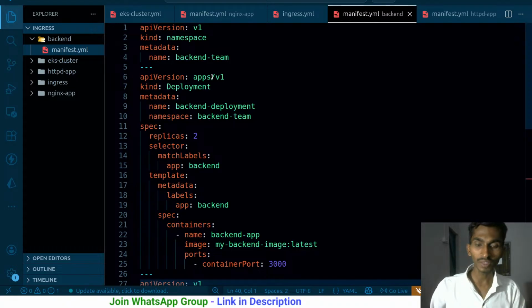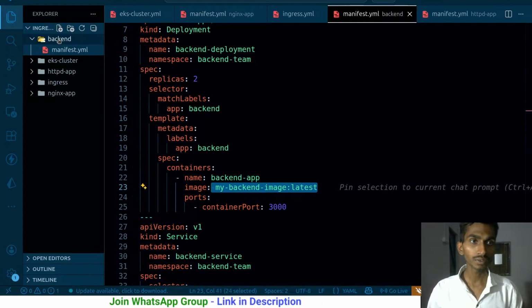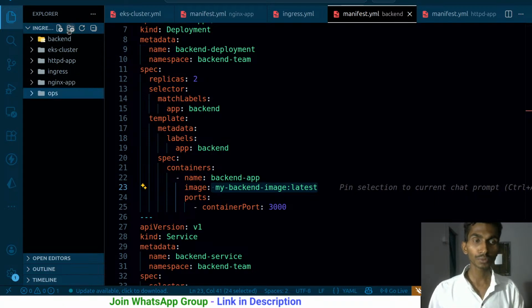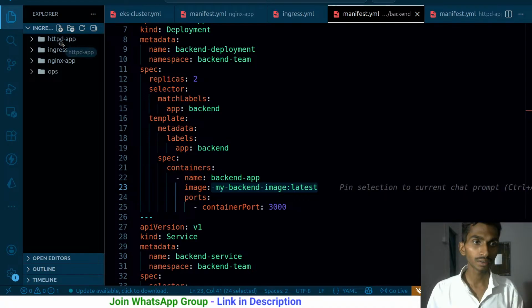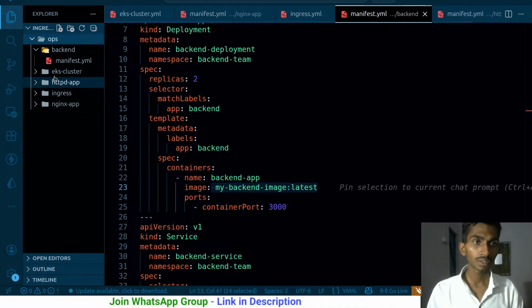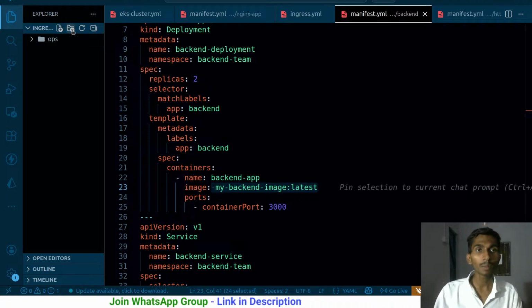But there is a problem. There is no backend image. So for this thing, we will have to create our backend just right here. So let me do one thing. Let me create an oops folder for the DevOps part, and I'm going to be keeping all these folders inside this. So ultimately all the folders are going to be inside oops, and I'm going to be creating a backend, a real backend,